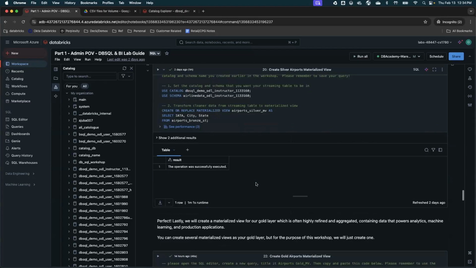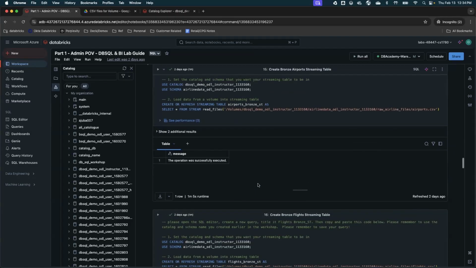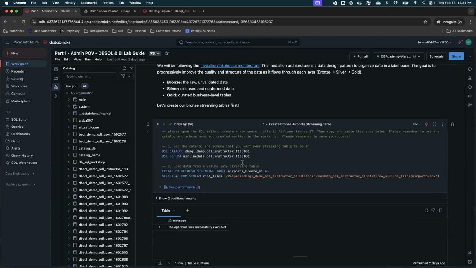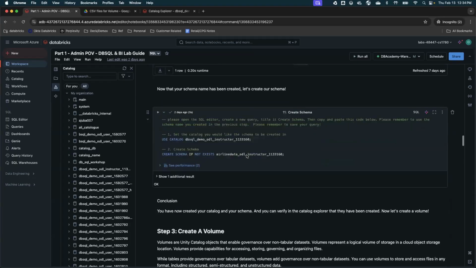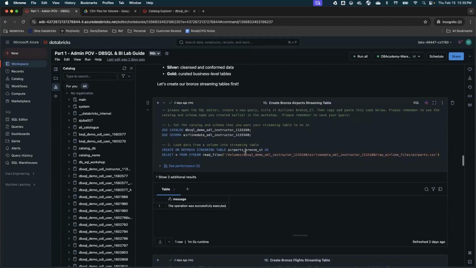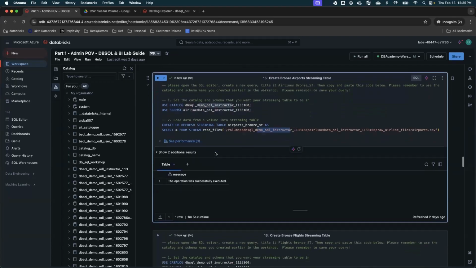Okay, so we created it. After that is done, we will use the volume command. Next steps are, once you create the schema here, the volume is created. You will follow the syntax here. You'll go to the 15th, and you will copy your schema name and catalog name for the volume. If you're not able to do it, you can use mine, and let's go ahead with the lab.